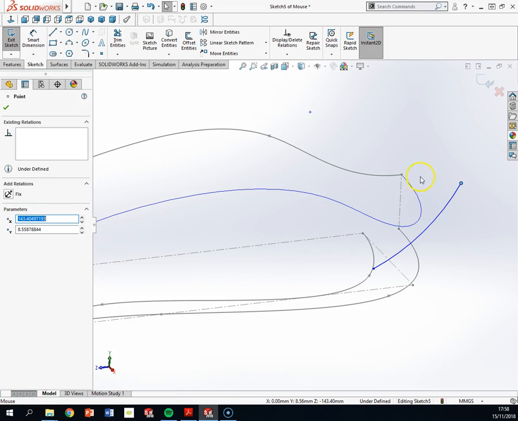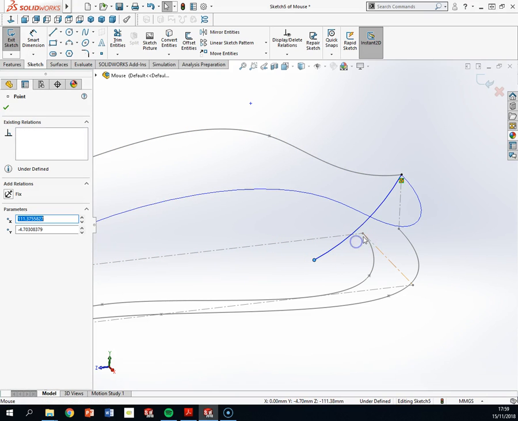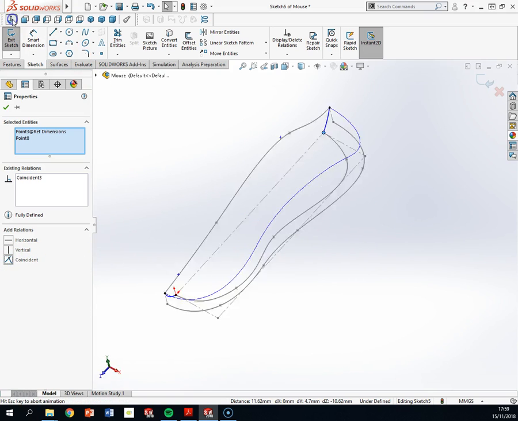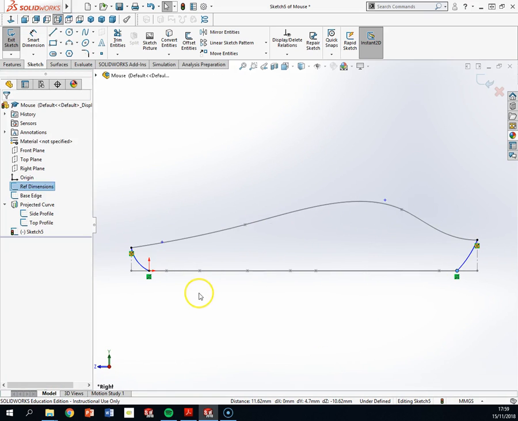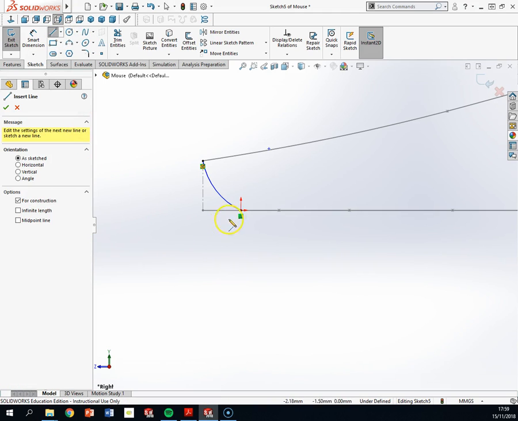Same here, pierce that point onto this curve, and I think I can just coincidentally lock those two points together like so. Let me look back at it in the right plane, like so. Now I need to get the guide has a specific angle set up here, a 15-degree angle, so what I'll do here is